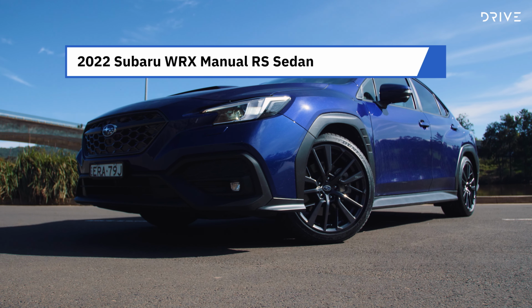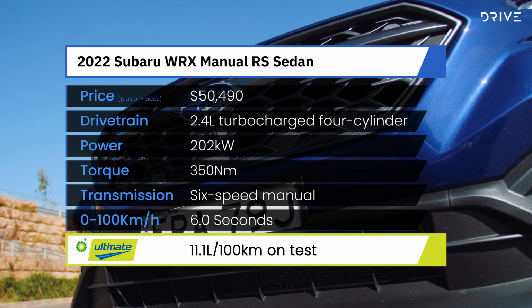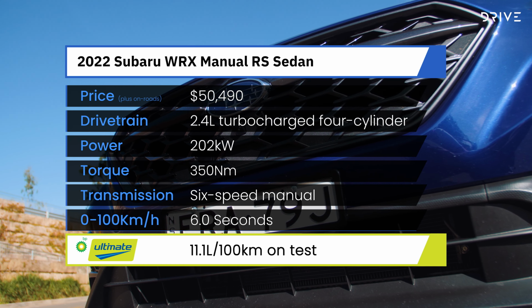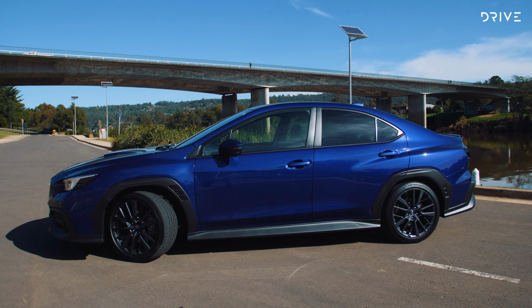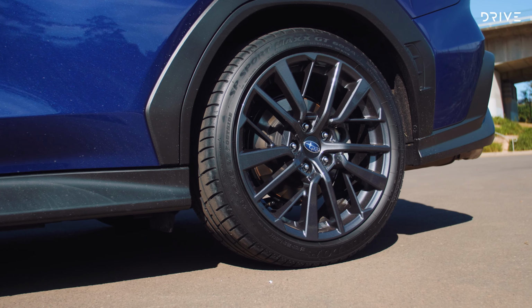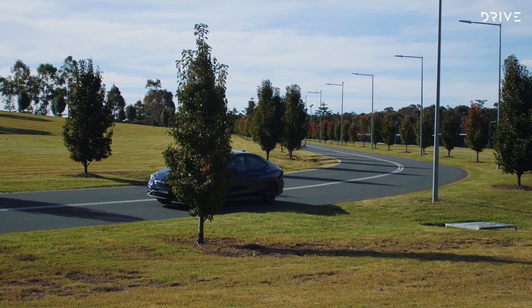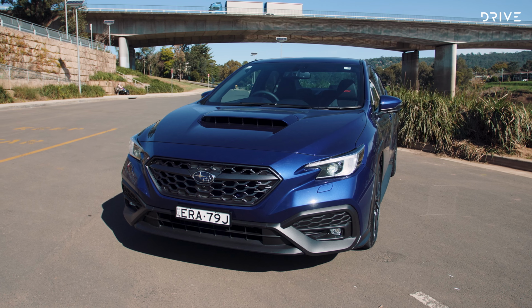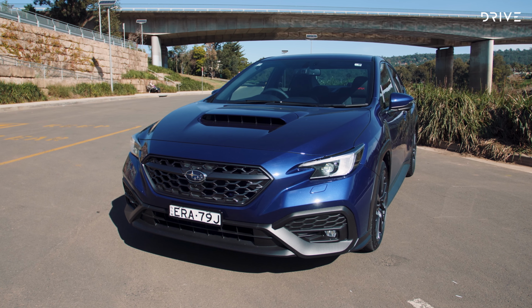On test, we have the RS Sedan with the manual transmission, which has a starting price of $50,490 before on-road costs. The range starts with the eponymous WRX Sedan, which starts from $44,990 before on-road costs. Add an automatic to the RS we're testing and the starting price is $54,490 before on-road costs. Top of the WRX range is the TS sports wagon with an automatic, which starts from